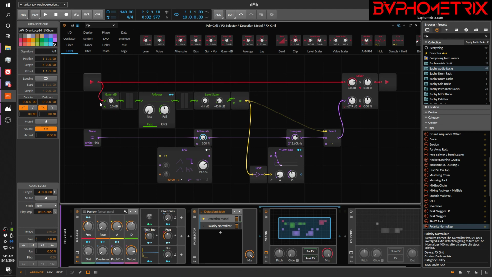So the key here, the trick I'm showing you today, is the stuff in green. This is the standard pattern that I would recommend for setting up your audio detection gating. And you'll notice that the sub bass is going straight through from where it comes in to the FX grid device and then straight into a mixer, and we're not modifying that signal in any way. Then we're using this green section to do a little bit of detection gating, and it terminates in a logic module, specifically the one called,